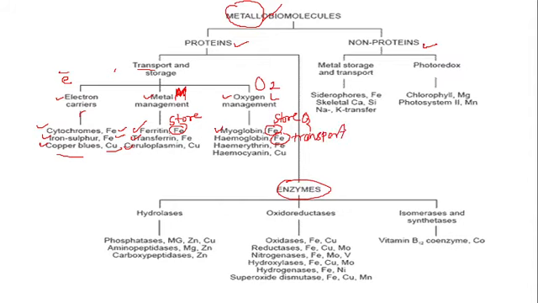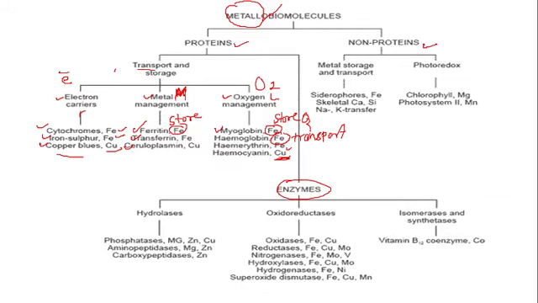Third one, hemerythrin, which also contains Fe, and hemocyanin. This is present in non-vertebrates, in non-vertebrate blood. It has the function of transportation of oxygen, but the central atom in the hemocyanin biomolecule is copper. Always asked in an examination: which of the following biomolecules contains copper: hemoglobin, myoglobin, hemerythrin, or hemocyanin? The answer is hemocyanin, which contains the central metal copper.